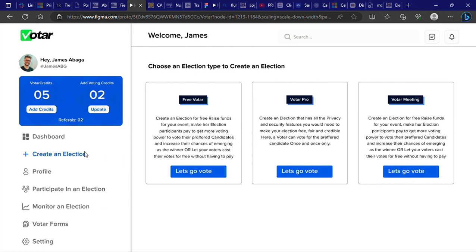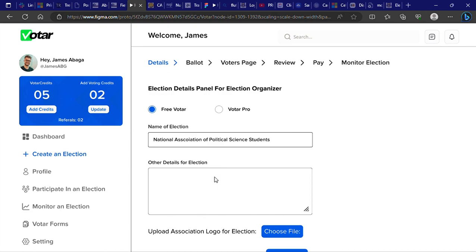So now there are three election types: free voter, voter pro, and voter meeting. Let's say we want to create a free voter election. When I click let's go, it comes here. So this is free voter. We can switch between any of them, to free voter or voter pro. And the main difference between free voter and voter pro is that in free voter